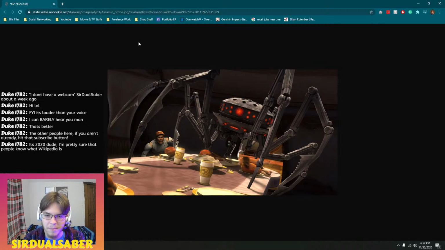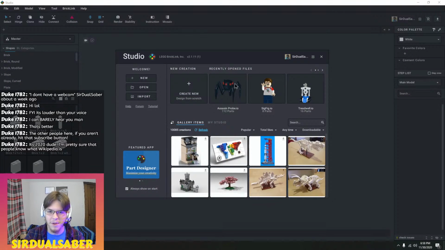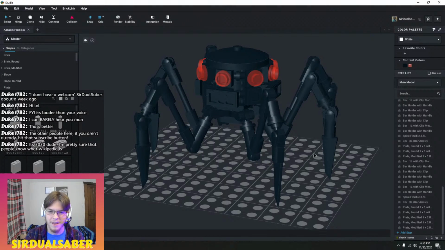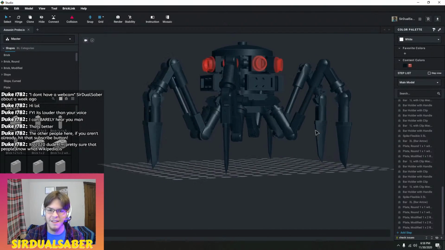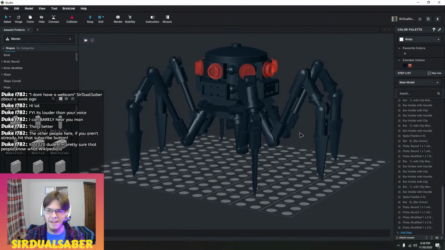And the first 2 episodes are, you know, establishing Pre Vizsla and the Death Watch, and then Voyage of Temptation, where this thing comes in. And I'm like, I bet I could build that. So I looked up some pictures on Google to see if anyone had built it out of Lego before, and I think I saw 2 custom ones, but they were a couple years ago and didn't have a lot of the pieces that we have now for Lego. So I decided, what the heck? What better way to spend my time than a couple hours working on this guy? So this is my Assassin Probe